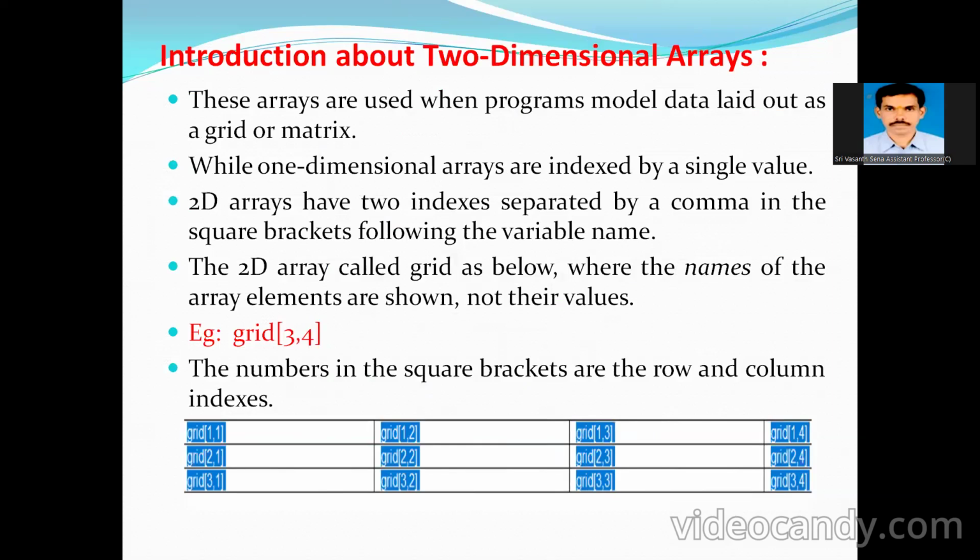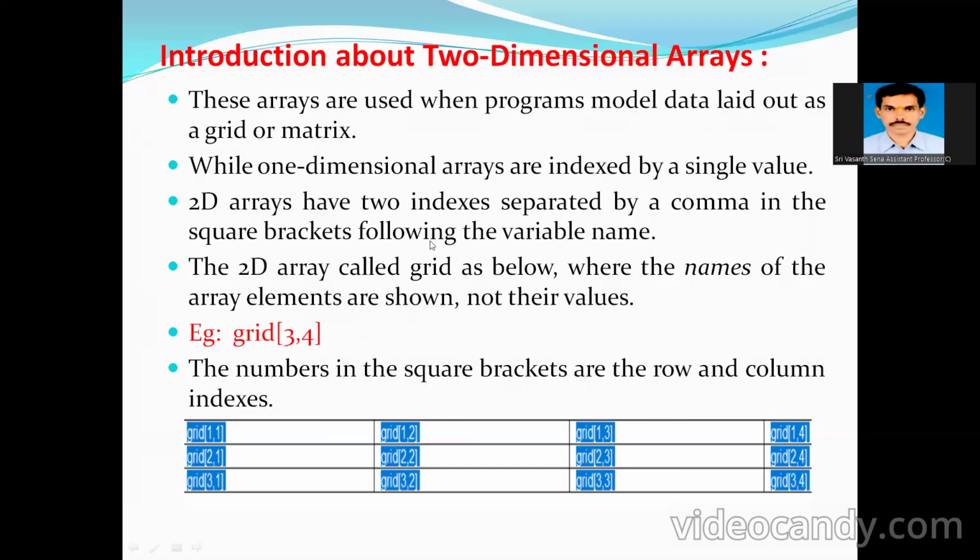two-dimensional arrays. Already you know that an array is a collection of similar data types or homogeneous values. These arrays are used when a program models data laid out in a grid or matrix format. Suppose you need a grid or matrix format, then we need to use two-dimensional arrays. While one-dimensional arrays are indexed by a single value, two-dimensional arrays have two indices, separated by a comma in